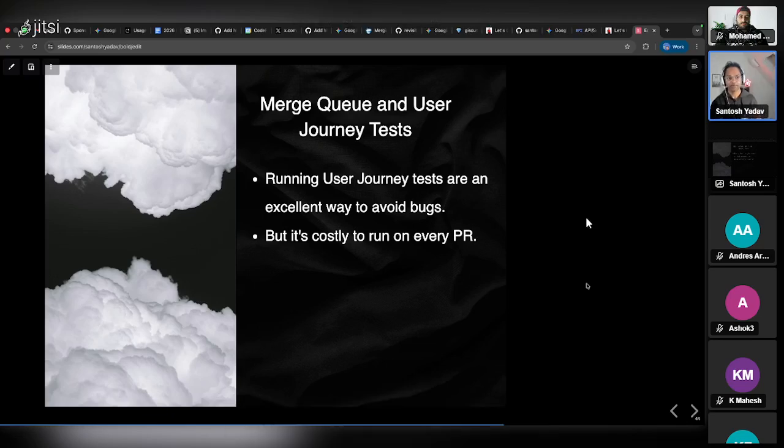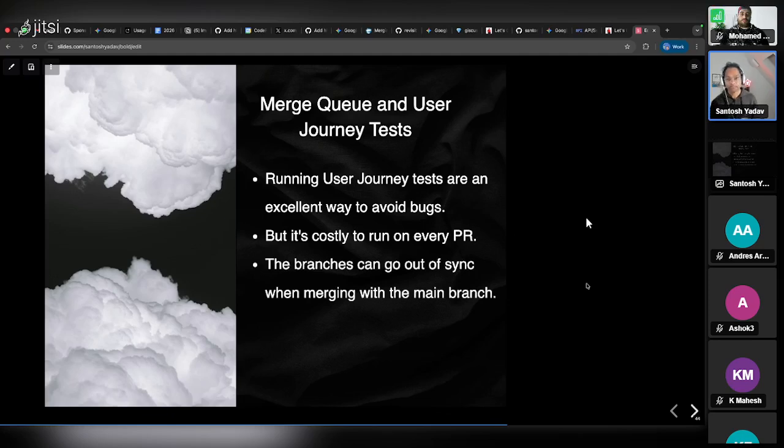As I said, when you run your end-to-end test, it's actually running against a real database, and it takes time. So it means you may need to have a dedicated server just to run the end-to-end test. And if you are running it 200 times, just think about the time as well as the money you might have invested in doing that. The other problem is, of course, you can run this, but as soon as someone else